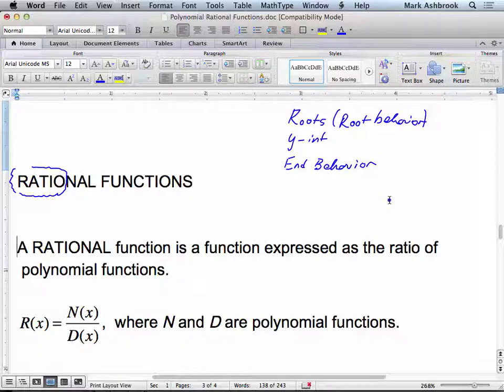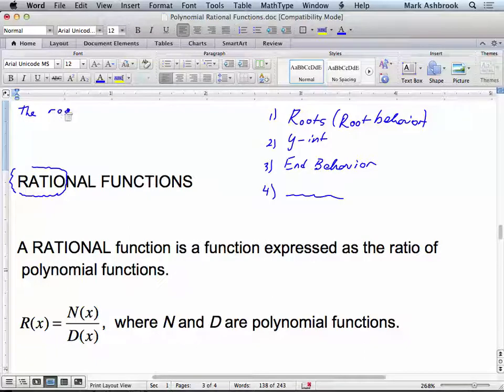We're going to talk about roots, Y-intercept, and end behavior, and then there's going to be one more thing that's kind of new to these that we'll work on. But the idea of roots, Y-intercept, and end behavior, it's the same premise. So, for instance, roots. So just as warm-up here,